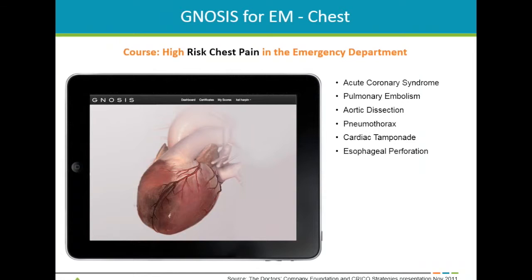So our course looks at an array of some of the more important diagnoses that cause chest pain, including ACS, acute coronary syndrome, pulmonary embolism, which can present somewhat like ACS, certainly aortic dissection, pericardial tamponade, cardiac tamponade, pneumothoraces, and esophageal perforations are also there. We also include gastric volvulus. And basically, we try to look at both the epidemiology of the disease, clinical presentation, and pathophysiology of the diseases, so that physicians and nurses too can help differentiate